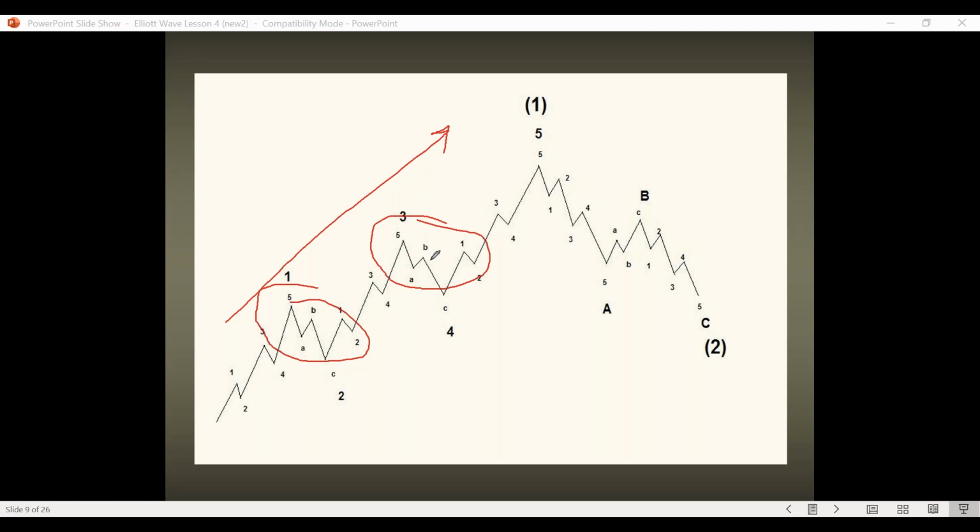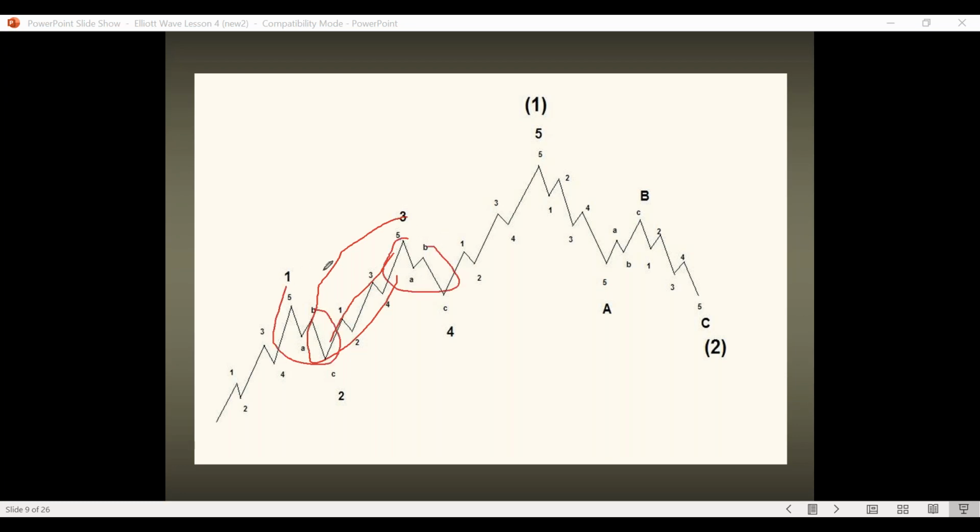And if I do see 2 real clear corrections, larger corrections, I don't get too caught up with getting an exact wave count within these. Like I said, you're not always going to get this clear cut wave count. You can look at some charts and it'll look like there are 3 or 4 waves in there. You can't see all 5 waves. But again, I'm not going to get fanatical about it and force a wave count on it. If I can see 2 decent corrections, I'm going to assume those are wave 2 and wave 4.